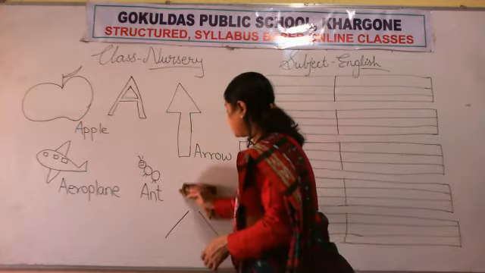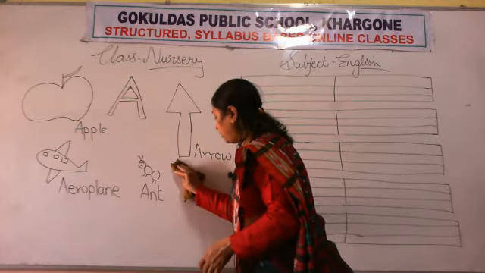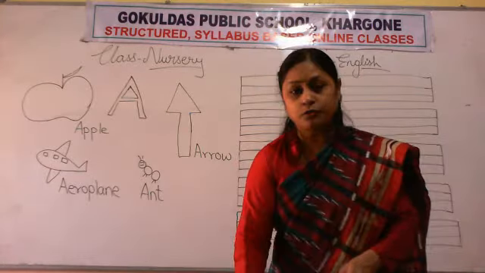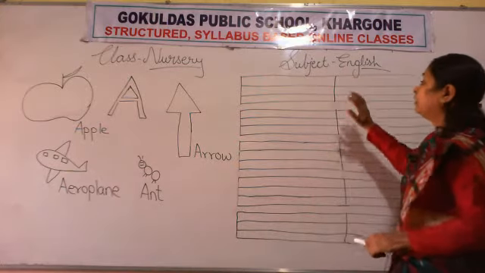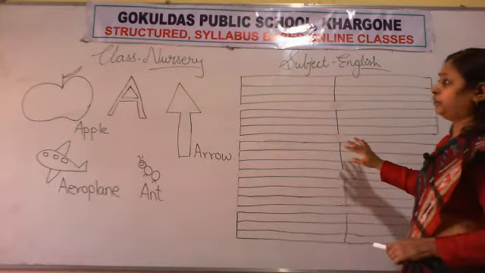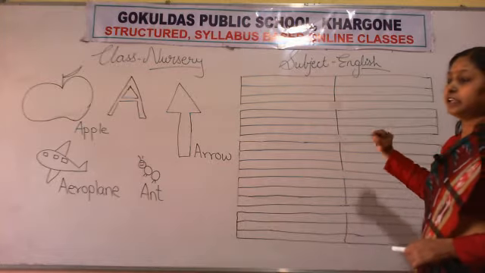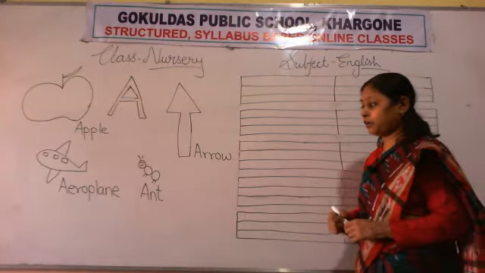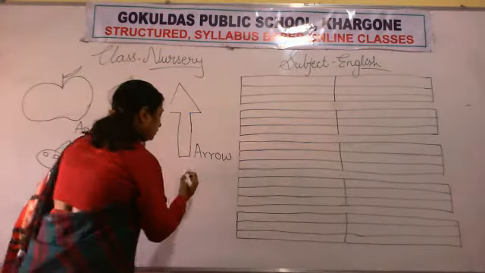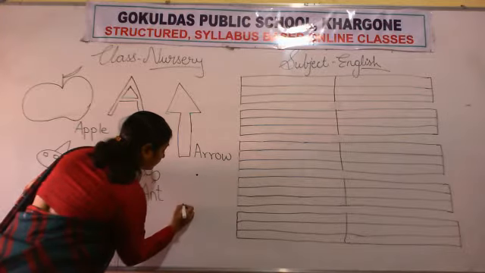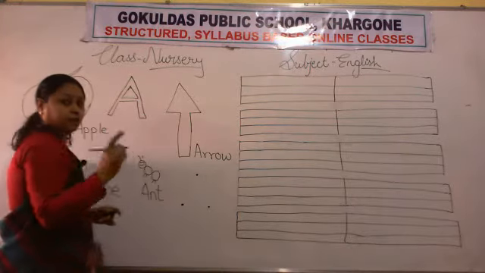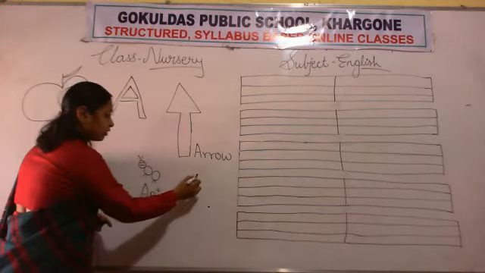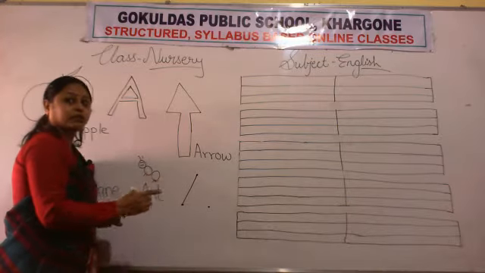Okay. Now we will start to write in your notebook. Look here. Four lines were there in your notebook. So you have to write neatly and clearly with help of your parents. Now look here. The dots were given like this. You get the dot note in your notebook like this. So with this dot, join. You have to join the dots.